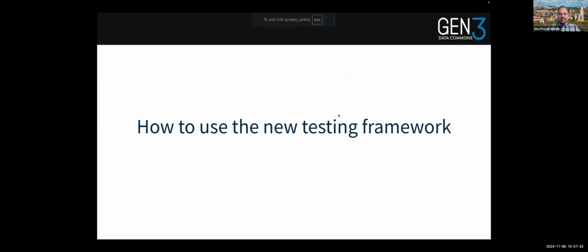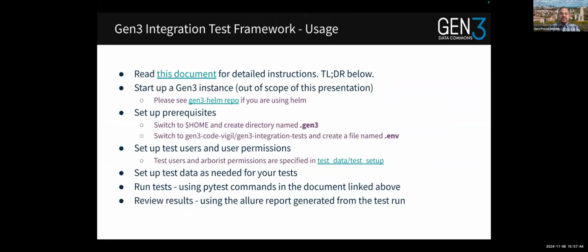Yeah. So coming to how to use the test framework. Before we get into how to run the tests, I also want to describe the complete workflow. For example, you have a new feature on fence. So you develop a new feature. So with the Helm